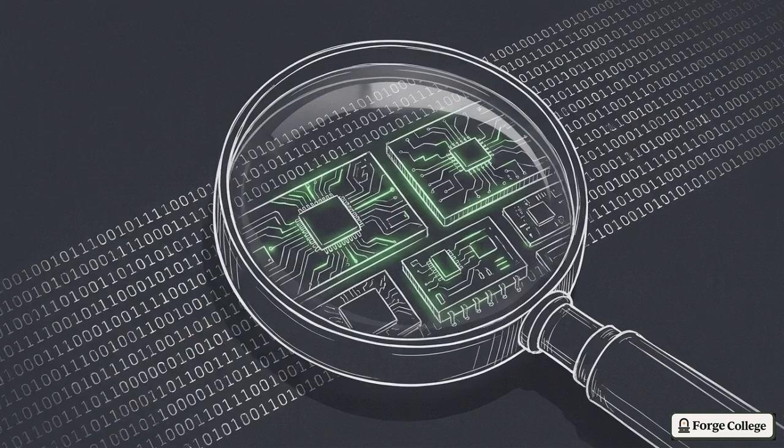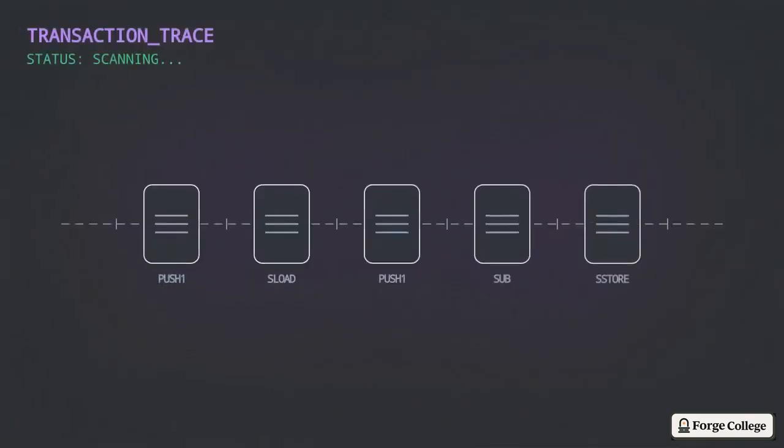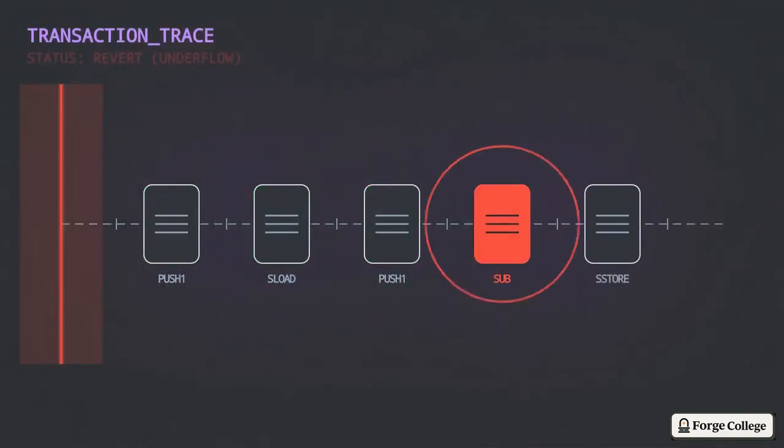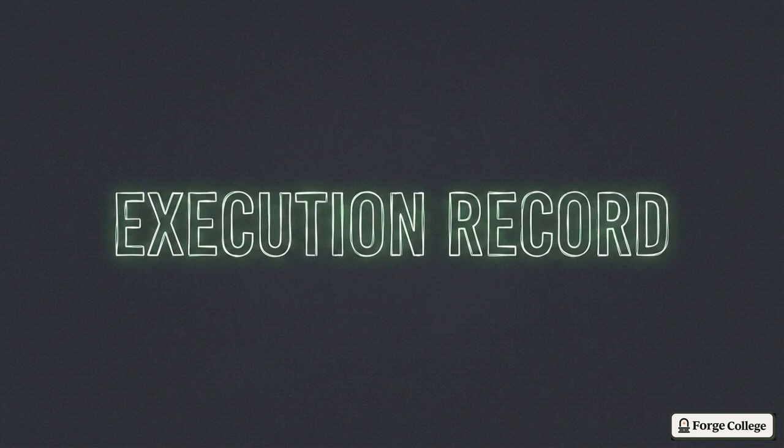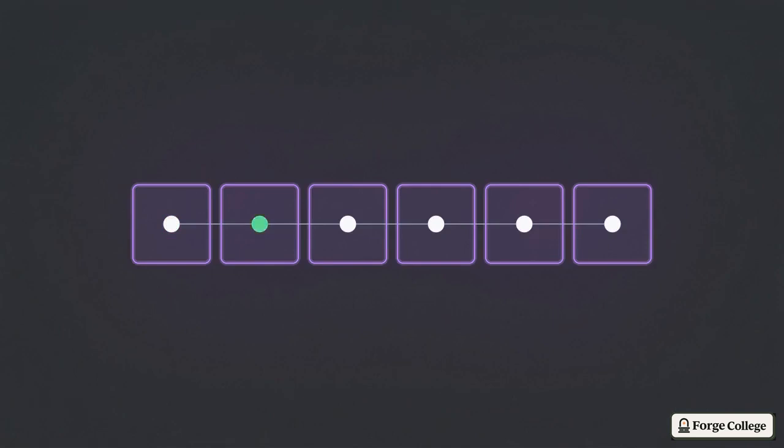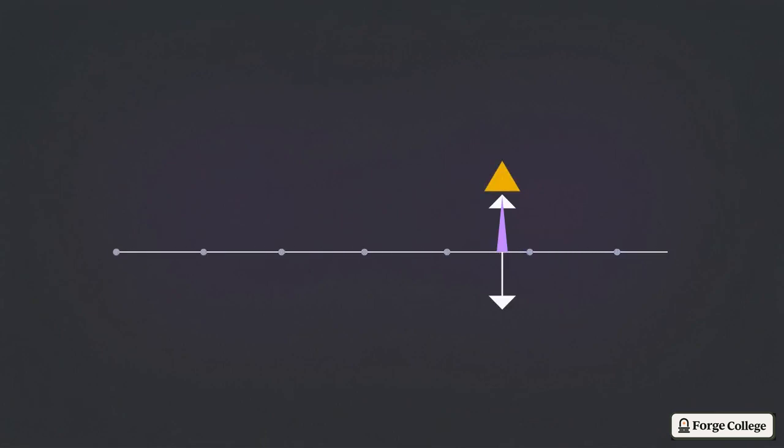Now that we can watch our clone break on command, we have to look closely at the internal flow of data. To do that, we look at a transaction trace. You can think of a trace as frame-by-frame security footage of your contract-making decisions. This diagram tracks our execution timeline. We scrub through this footage step by step, looking for the specific instruction, the exact line of code where the